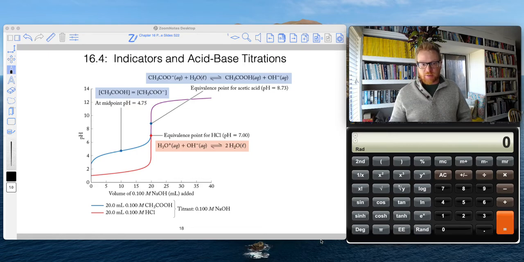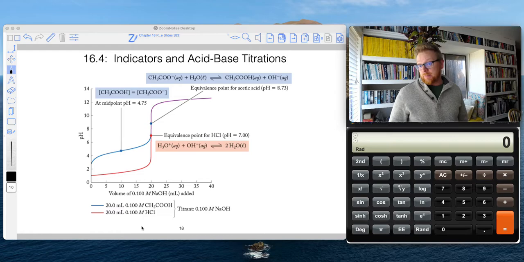So here are some actual examples that we're going to go through. On this graph, on this titration curve, you're looking at two things. The red is 20 milliliters of a 0.1 molar HCl solution, and the blue is 20 milliliters of a 0.1 molar acetic acid solution. Both have the same volume and same molarity, which means they'll have the same equivalence point, albeit